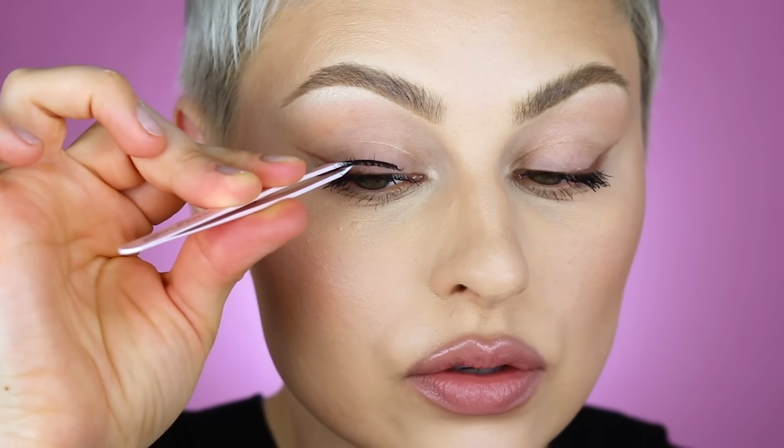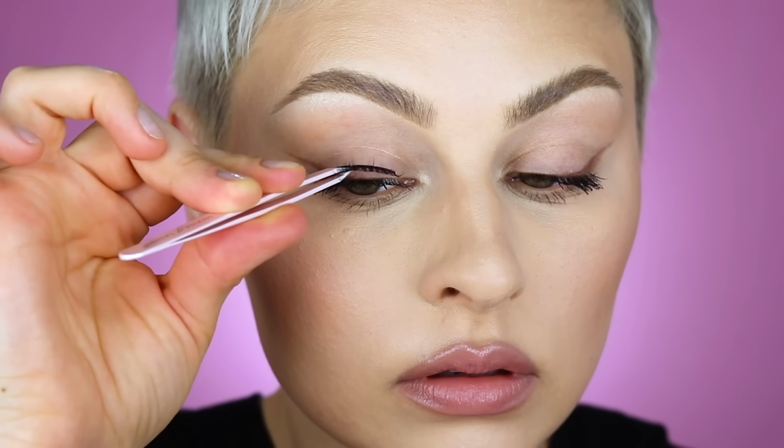Next important step is you do not want to be looking directly into a mirror, straight on, because your lashes are gonna get in the way. It's not gonna be the right angle. You wanna be looking down into a mirror. You wanna make sure that you're getting as close to your lash line as you possibly can. So looking down into a mirror, I'm going to pop it down